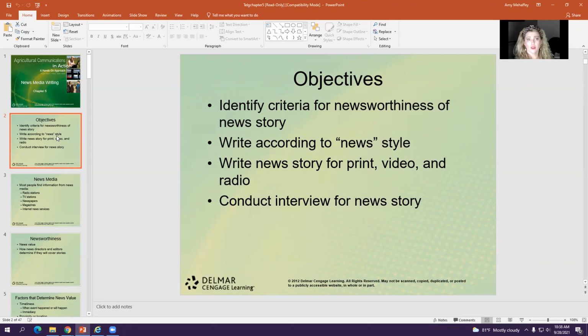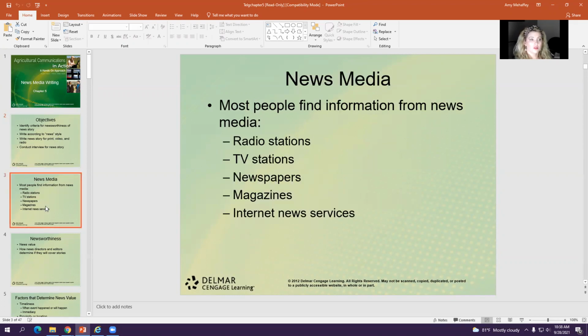We're going to talk mostly about news stories. So in this class, you will write a feature story and a news story kind of combined. I try not to get in an introduction class too bogged down in the differences. I really just want you to learn about transitioning from writing in the way that you may have for your other classes or scientific writing into this journalistic style that we're learning about in this module. So with that being said, let's jump in and talk about what it is to write a news story. News is supposed to be